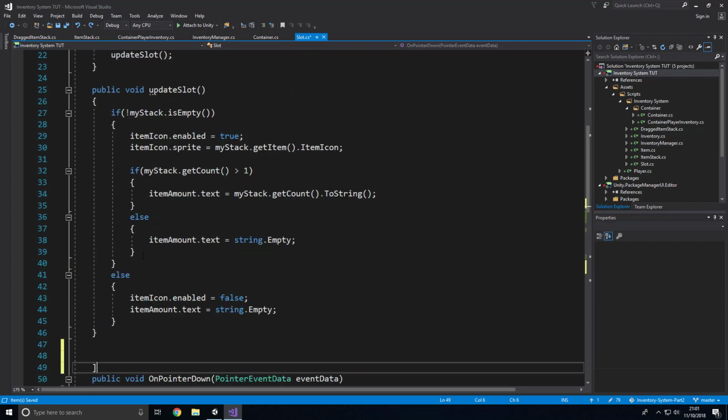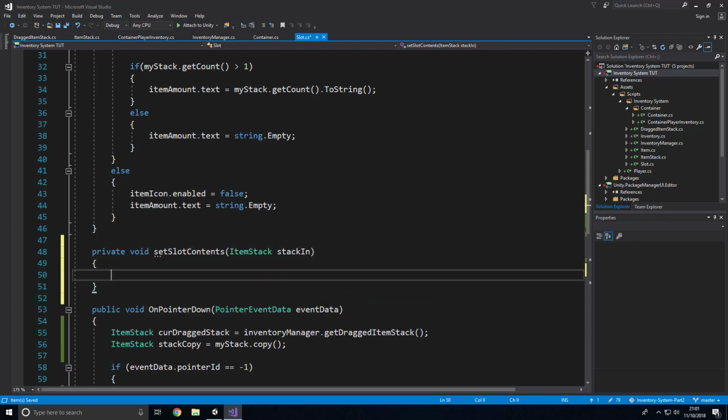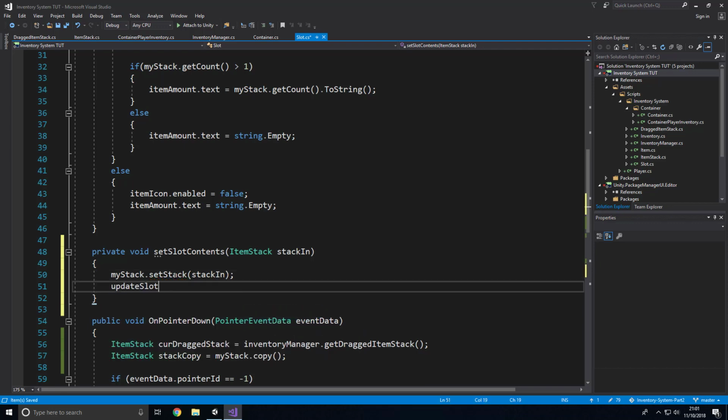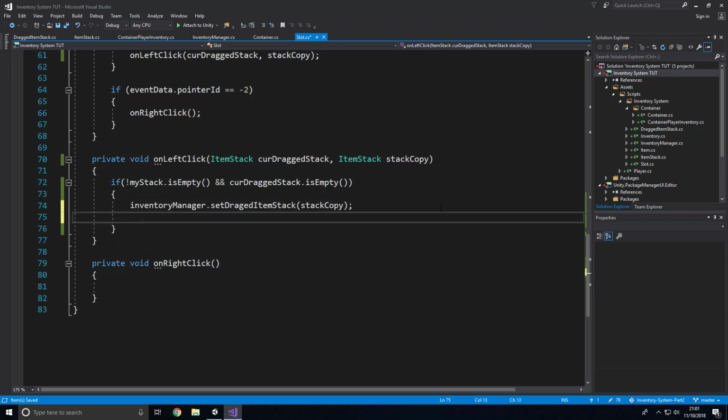So if we go here, actually sorry about that, get rid of that. We need a private void set slot content. This will take an item stack, and that'll be stack in. So inside here we can say my stack dot set stack is equal to stack in, and then we simply need to update this slot. So now down here we can say this dot set slot content is equal to item stack dot empty,